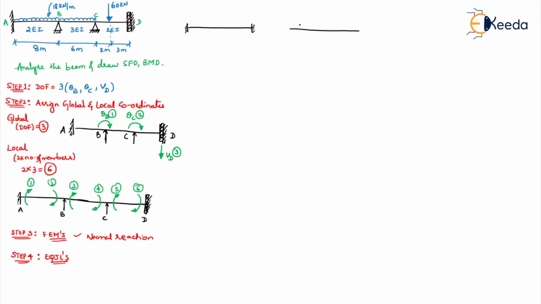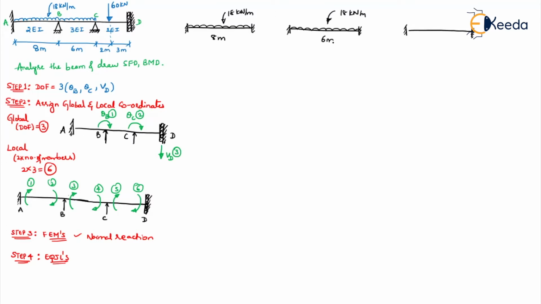Then coming to this is your second part or second member. Then lastly, this is your third part or third member. So what I am doing here, I am trying to find the fixed end moments. Now here it is a UDL of 18 kilonewton per meter and the length is how much? 8 meters. Okay, so here also it is a UDL of 18 kilonewton per meter and the length is how much